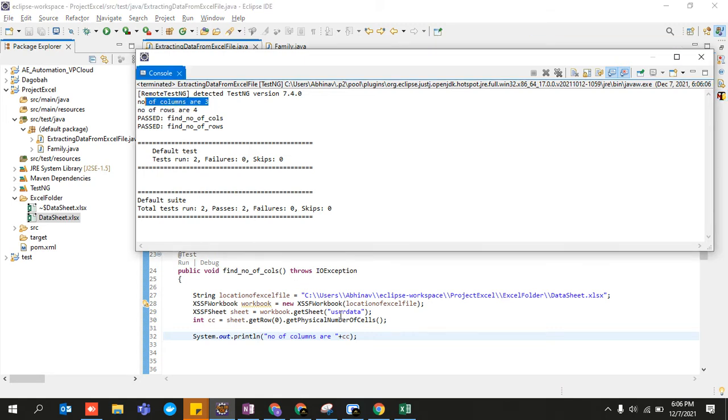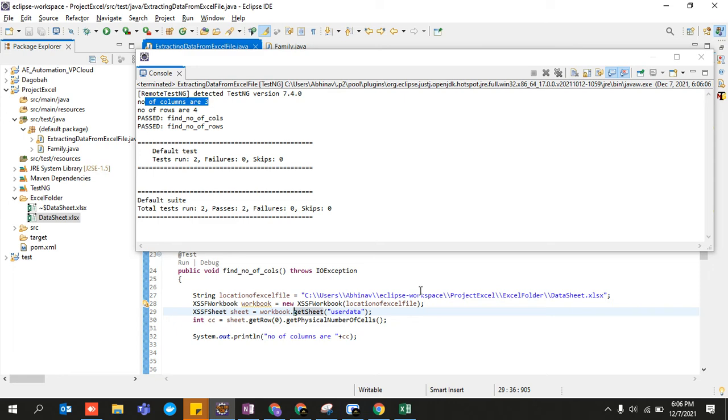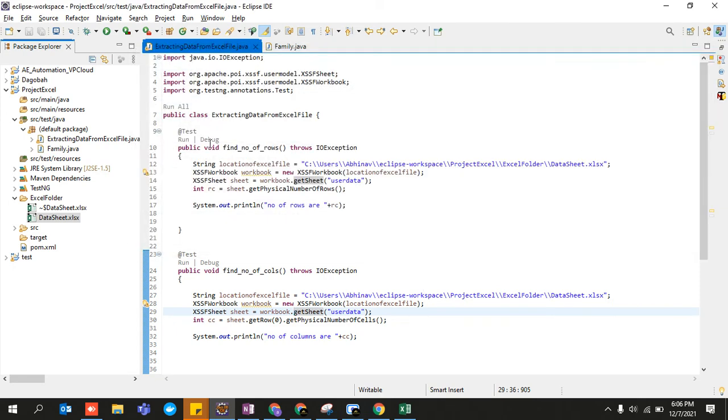Okay. And why did this column get executed before this row? Because although I've written number of rows first, number of rows should have been printed first, but it happened that number of columns got printed. Why? Because TestNG executes in order of alphabet.